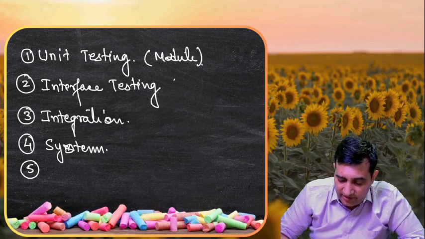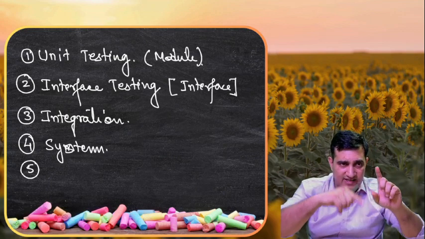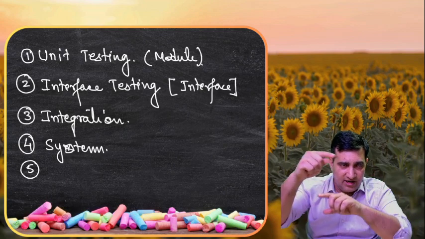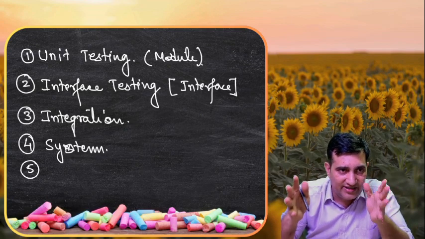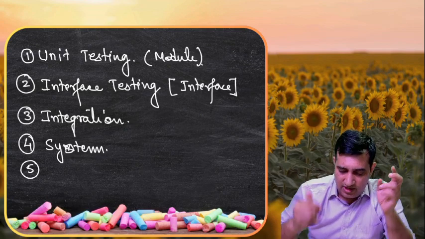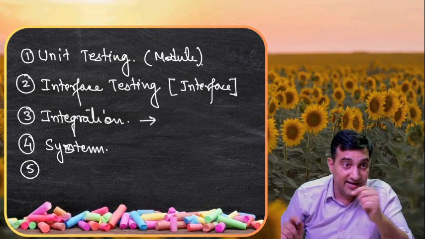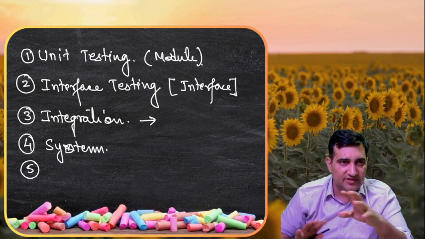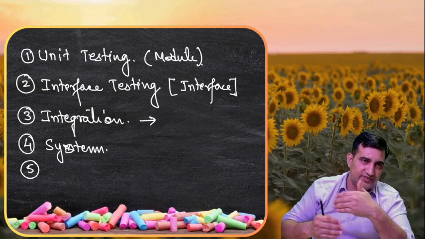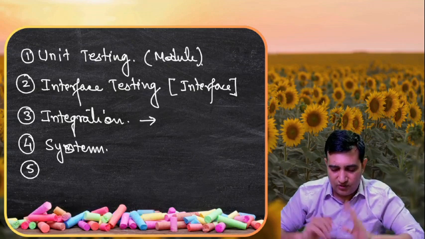Correct. So in interface testing, we are testing the interface. For example, you got a software. Now this software is ready. You want to see the dashboard. All the options are here. I am clicking here. These are the options. These are something that will be coming under the interface. How the interface is, as per your needs or not. When we test it for integration, let's say any kind of API integration, what data is actually flowing from application 1 to application 2, how it is getting authenticated, how the microservices are getting connected, how the microservices are going through, let's say, the authentication gateway and all of it. So that is your integration testing.